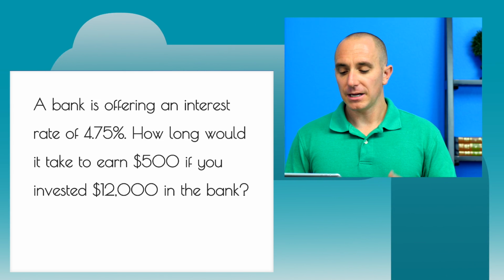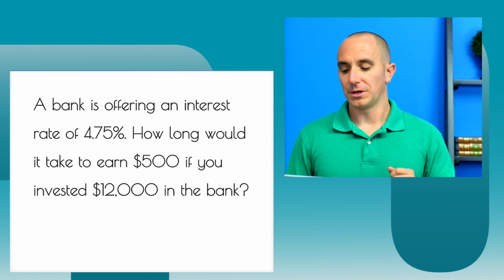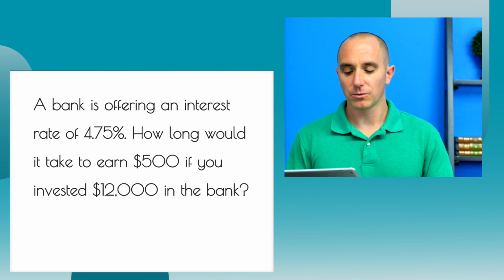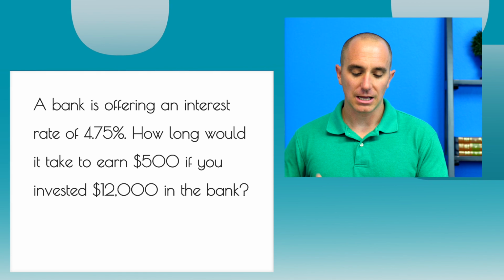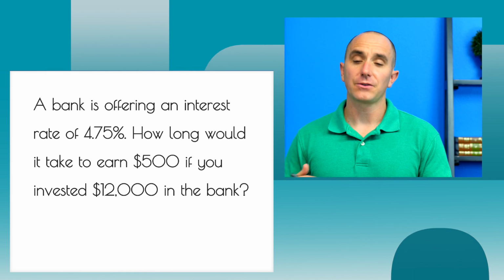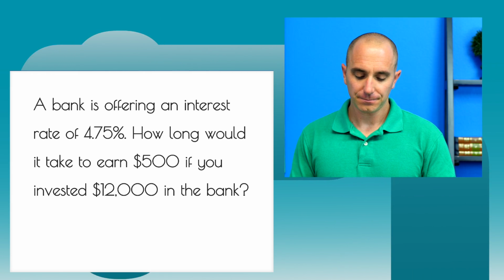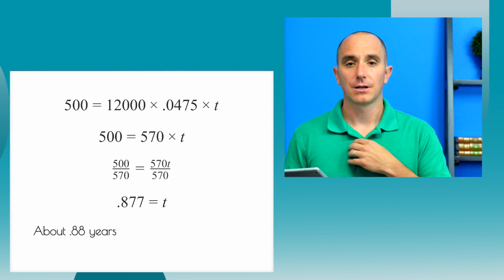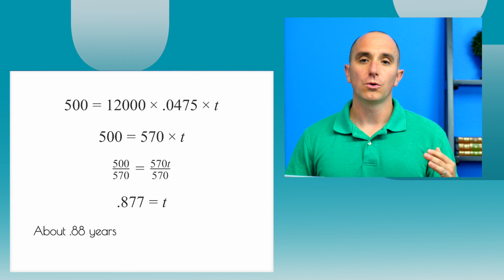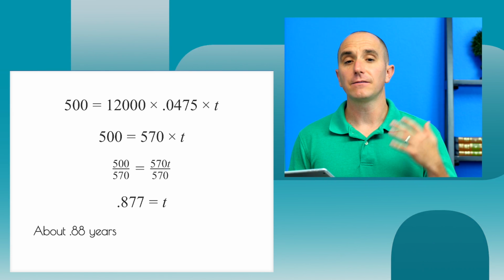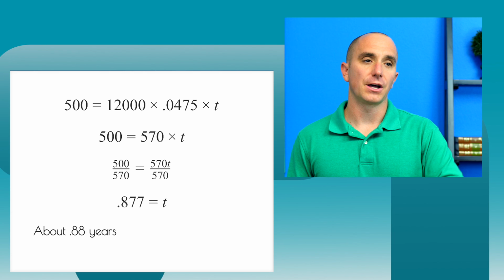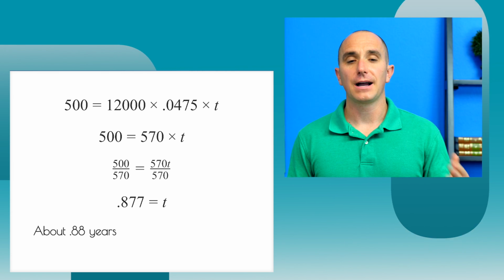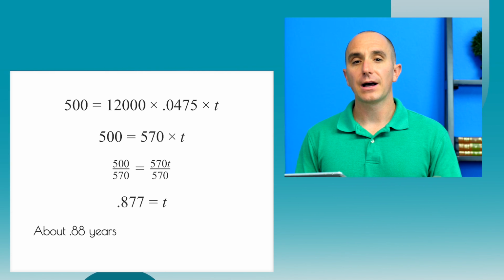Now, a bank is offering an interest rate of 4.75%. How long will it take to earn $500 if you invest $12,000 in the bank? So let's set this up. This time we actually have more information because we actually know what the interest is going to be. So instead of leaving the I blank, which we've done up until now, we have 500 equals 12,000 times